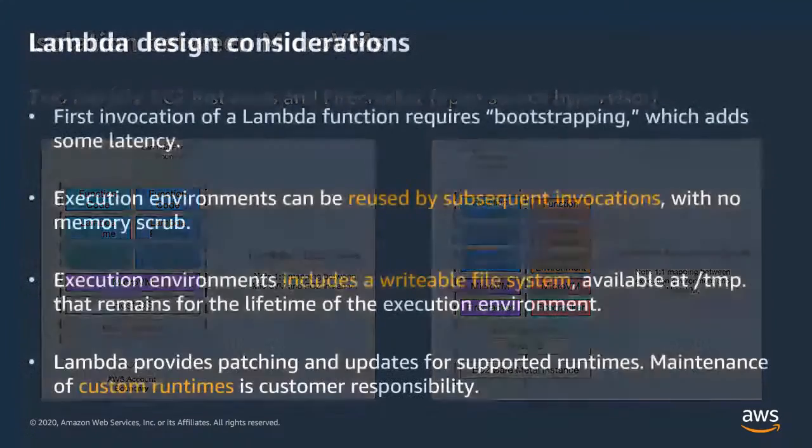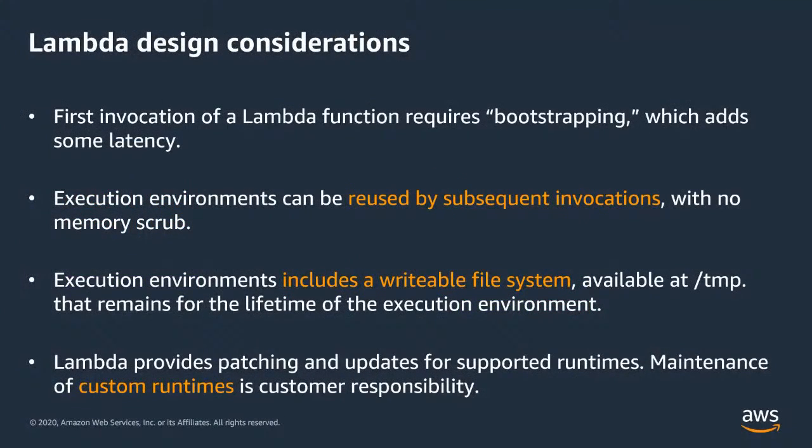So from a design consideration, when you look at Lambdas, when you invoke a Lambda for the first time, it requires a bootstrap, because it needs to load all of those things like the runtime. It needs to load the libraries, the dependencies, and the function code, and even that basic userland of Amazon Linux, right? So that adds some latency. So the first time you invoke a Lambda, that specific Lambda, it'll take some time to load it, but that's only one time.